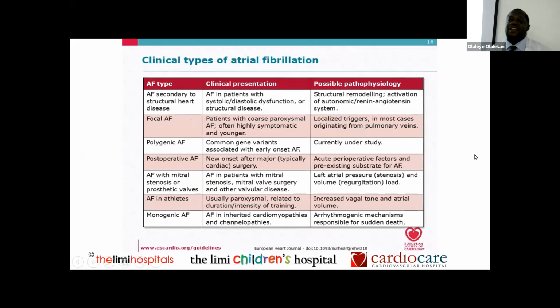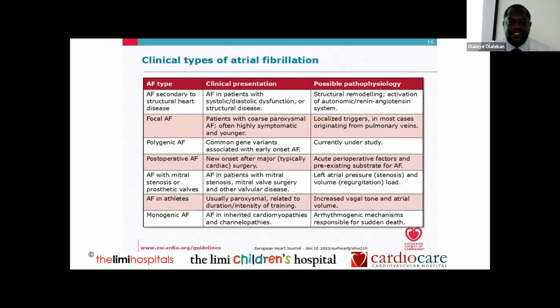And now, based on secondary cause or underlying etiology, we can classify atrial fibrillation into whether it's secondary to structural disease, whether it's due to a focal problem, post-operative, and here you see atrial fibrillation with mitral stenosis or prosthetic valve, what we referred to in the past as valvular atrial fibrillation, then atrial fibrillation in athletes, and monogenic due to some inherited cardiomyopathy